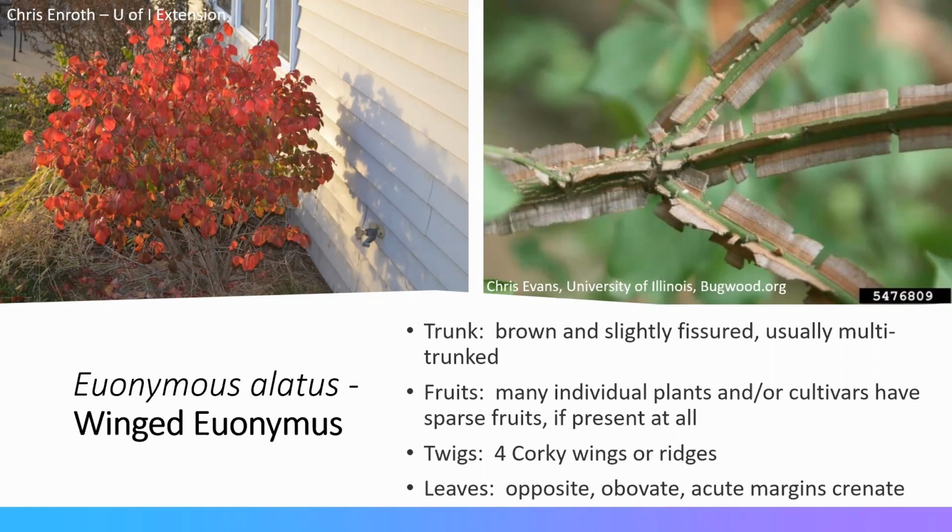In terms of identifying it, the trunk itself is brown. Usually it's a multi-stemmed or multi-trunked shrub. It does produce fruit. I've seen fruit present. Actually, my large burning bush in my yard has many babies that live all around it, where I weed around my garden beds where the gutter drains. The birds or the wind will carry some of that fruit onto the roof. It'll land there, and I see burning bush seedlings coming into my gutters. In the woods behind my house, I am seeing burning bush sprouting up everywhere.